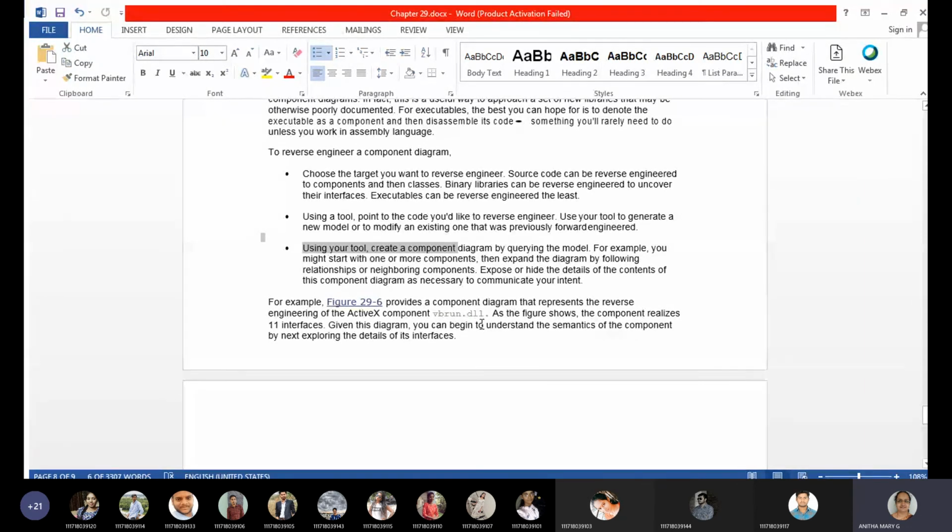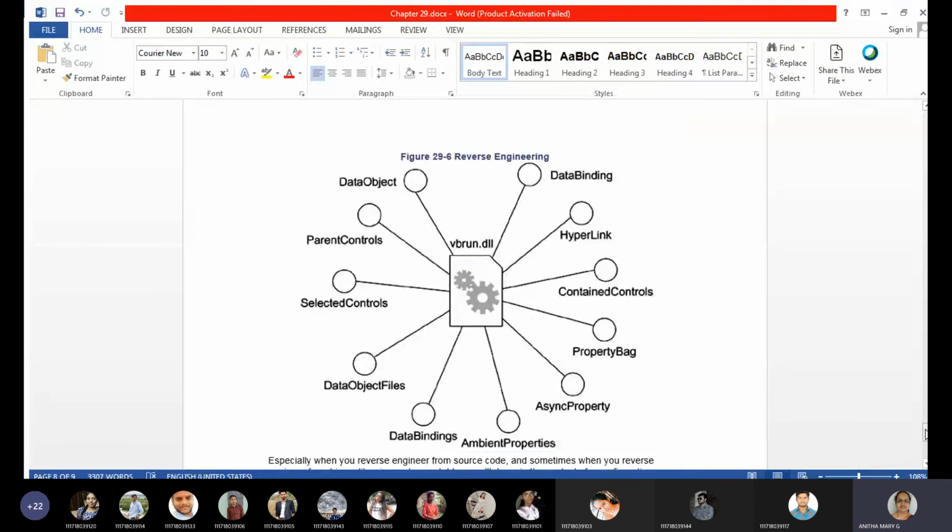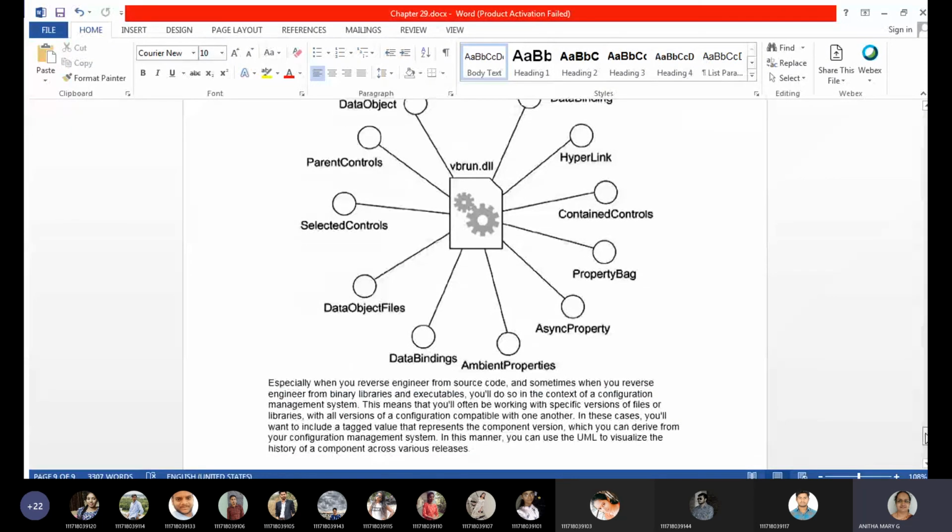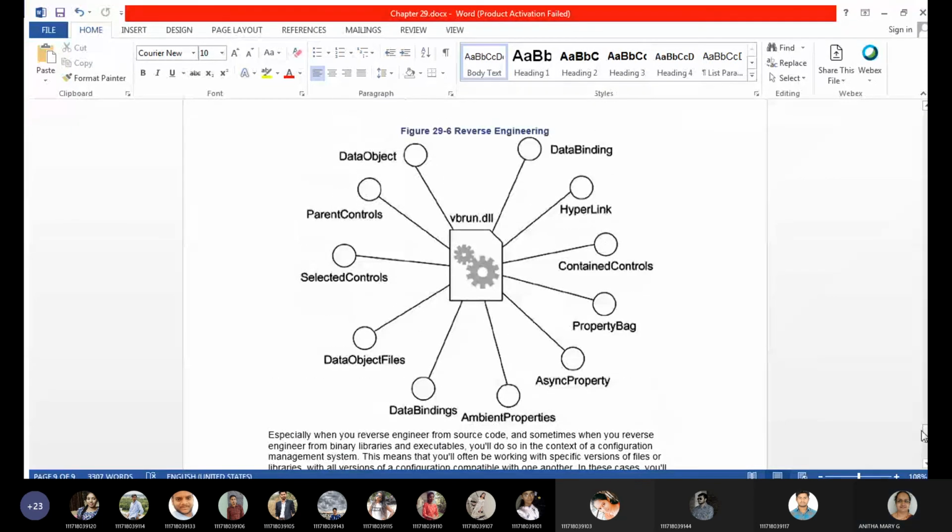A component diagram that represents the reverse engineering of the ActiveX component vbrun.dll is given here. They had some block of code for this DLL, but when it is reverse engineered, this is how it is going to show. vbrun.dll is a component.